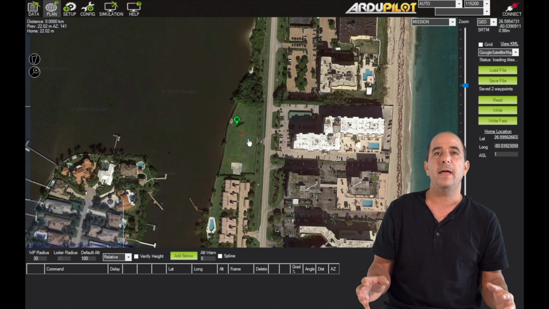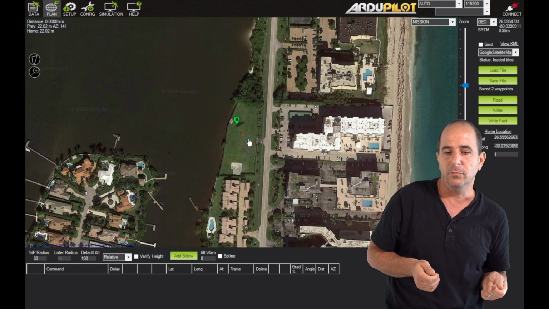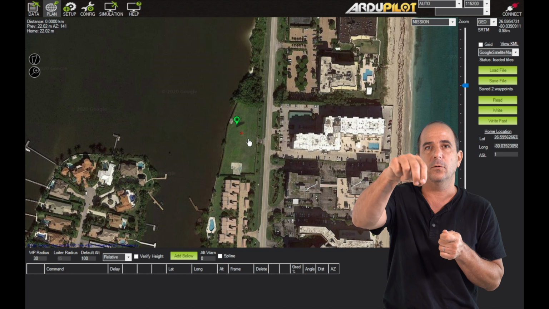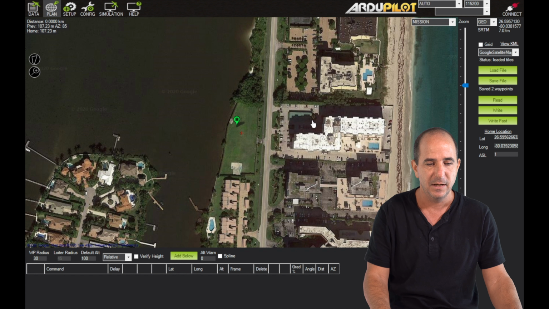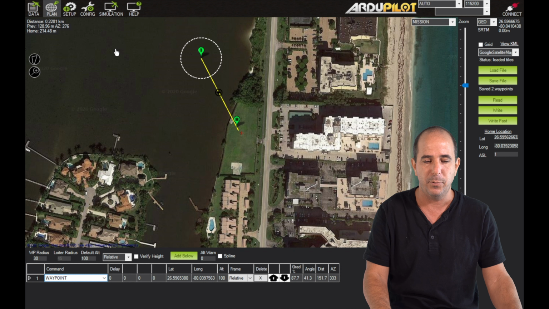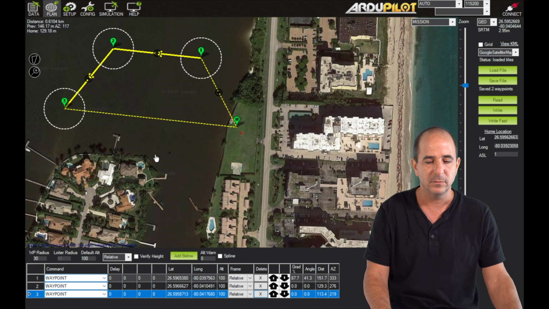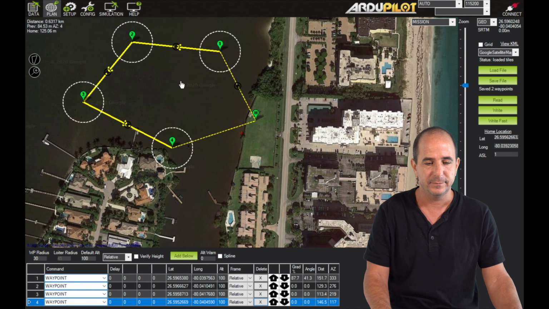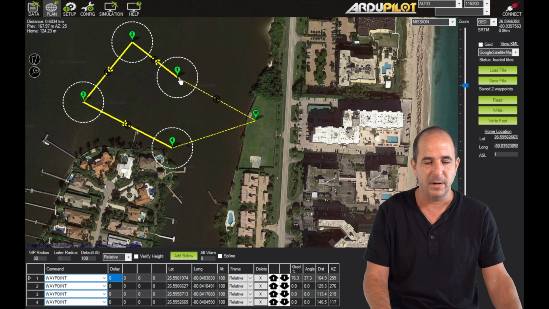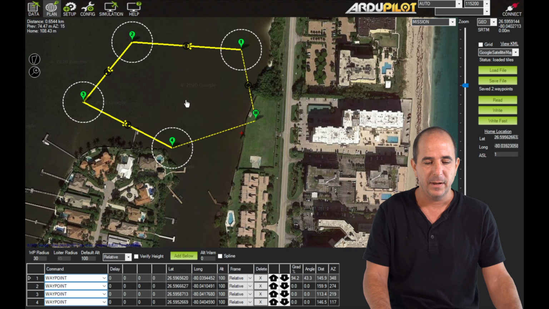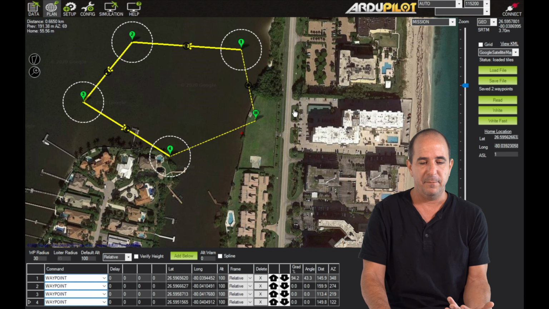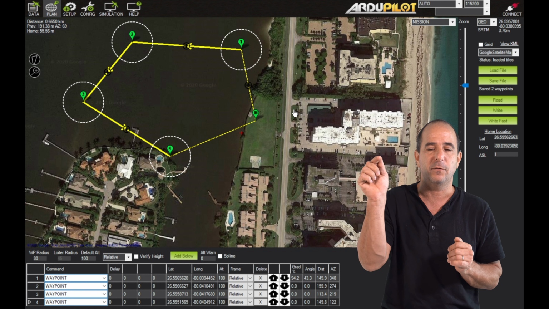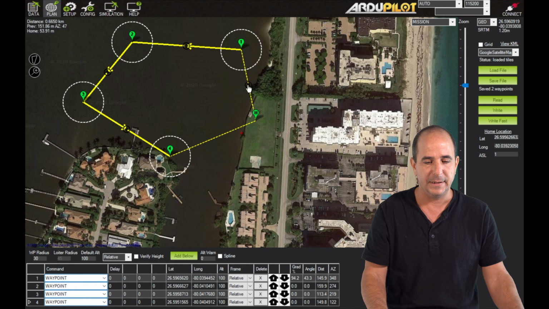And now let's plan a mission. Prior to flying a drone, I want to have a mission so the drone can follow it using the GPS or the GNSS. The way to do that is you go to plan, and now you basically add waypoints. I can move waypoint number 1 and put it back, and you can see whenever it's reddish, then you can move it. Right. So now I have my plan or a set of waypoints ordered in numbers.